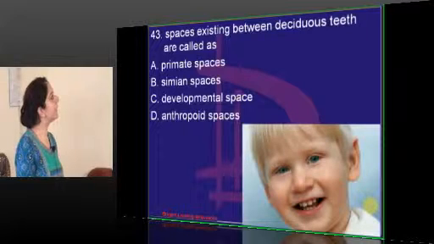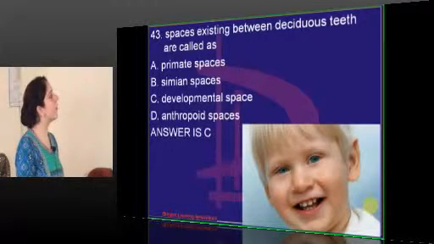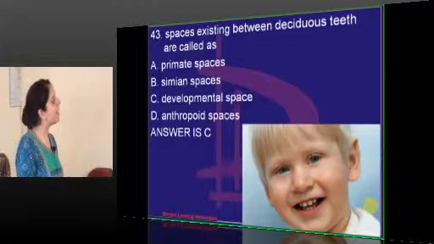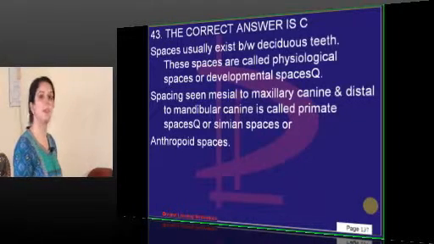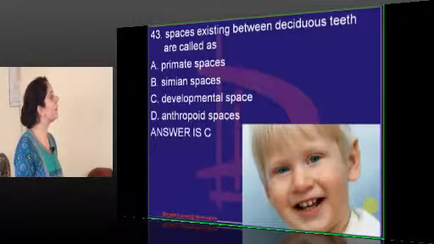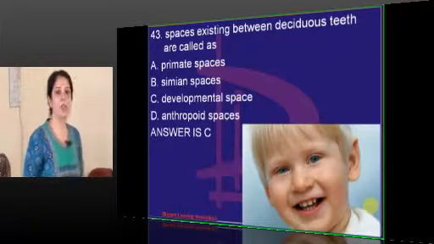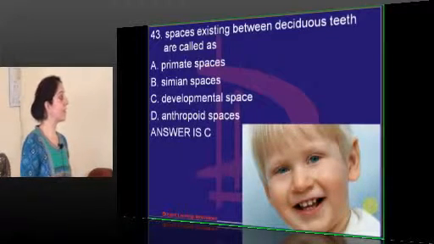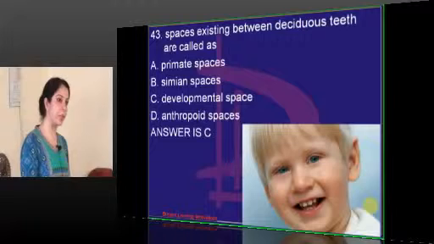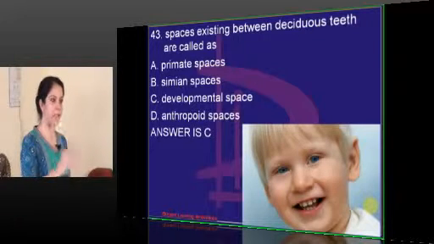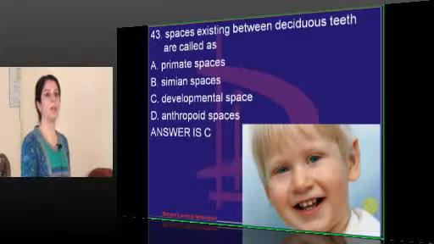Spaces existing between deciduous teeth are called developmental spaces. Primate and simian spaces are nothing but the same. Developmental spaces are usually present in all children. In case developmental spaces are not present in a particular child, one must think that in future this child, the